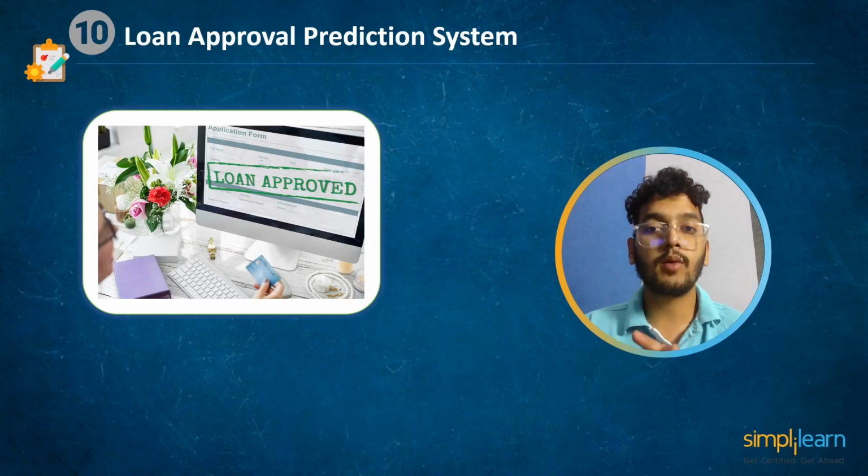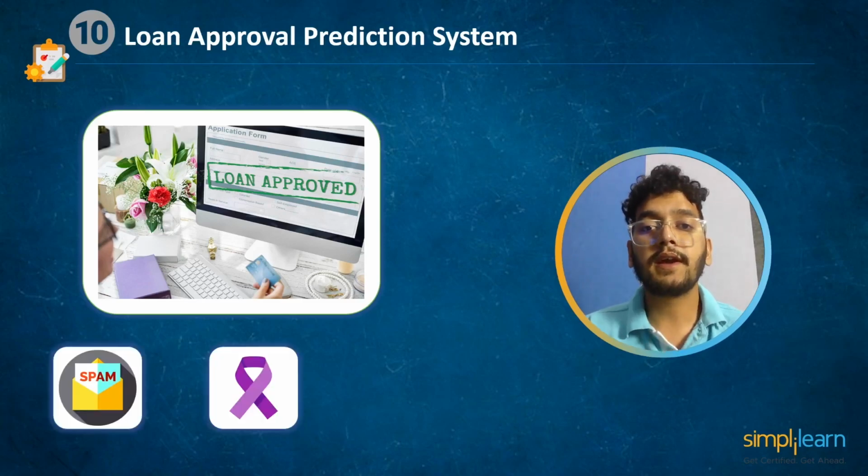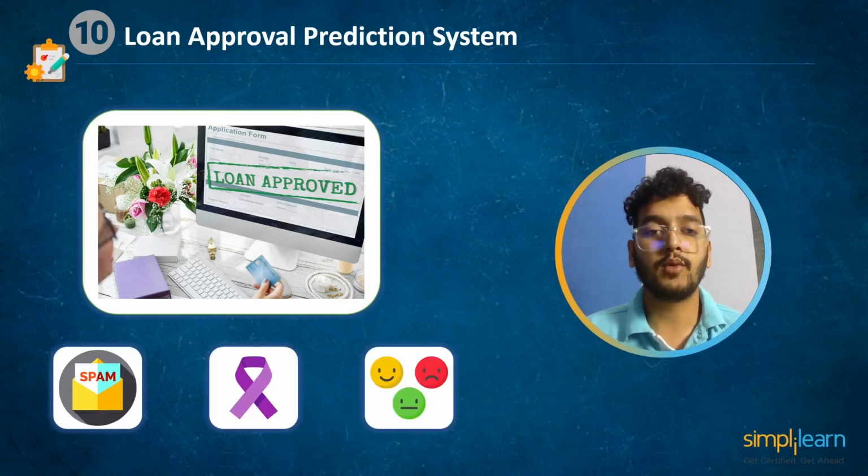A classification problem is a predictive modeling problem that predicts a class label for a given example of input data. Some classification problems include spam email, cancer detection, sentiment analysis, and many more. You can check the project link from the description box below to understand the classification problem and how to build a